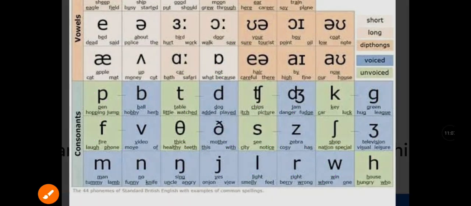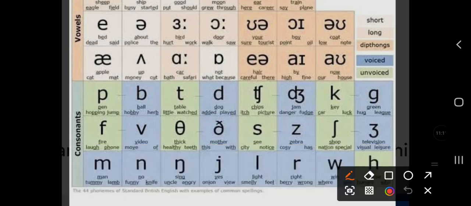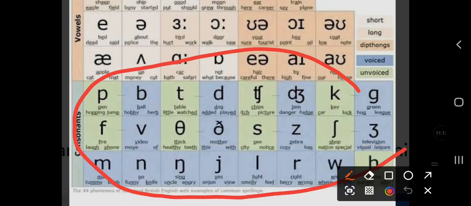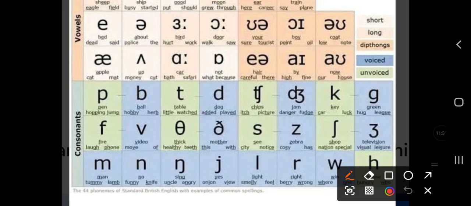So today our focus will be on consonants. We are going to study consonants, right? In this video, our focus will be on consonants. So let us start. But before proceeding, I will tell you that some of the symbols are as they are,